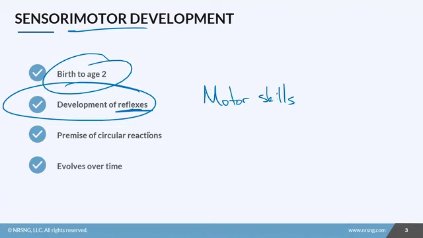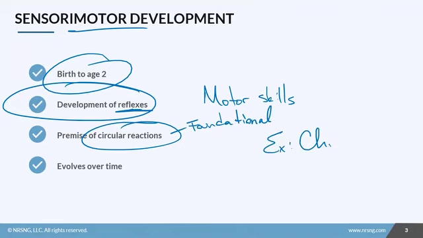The other thing that's really interesting about this stage is that Piaget developed something called a circular reaction. A circular reaction is something that the patient experiences, and then they try to replicate it. It was really foundational to Piaget's work. So an example of this would be a child that gets their parents to laugh at something they do. And so they try to replicate it. So they do it again and again until they start to figure it out,